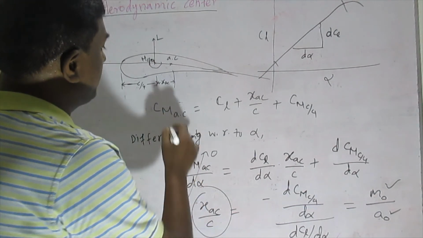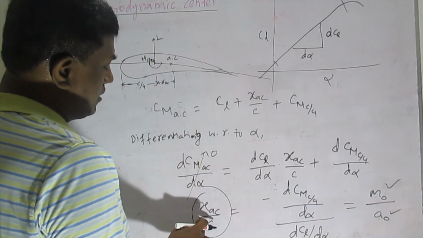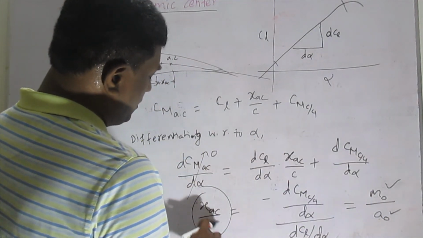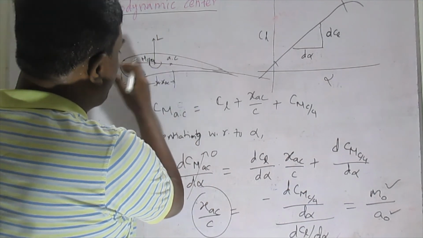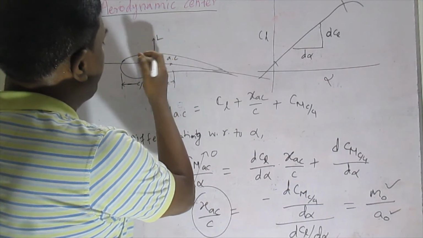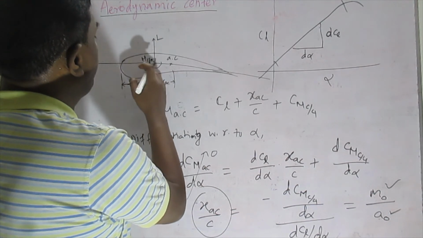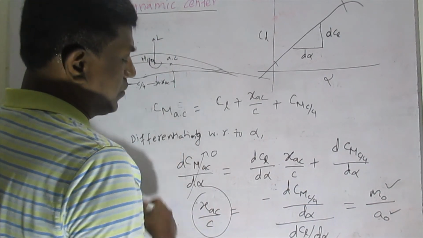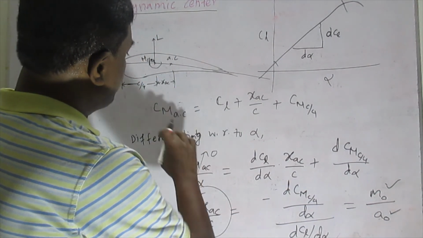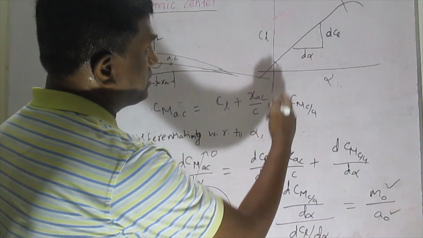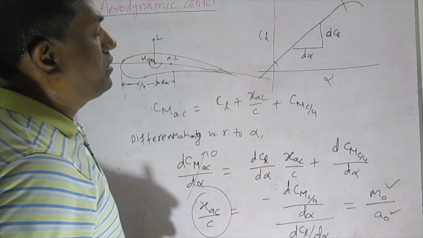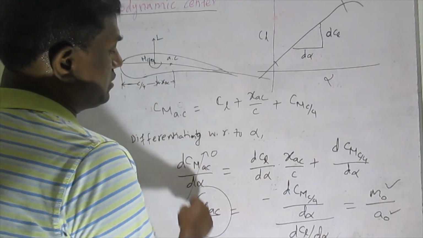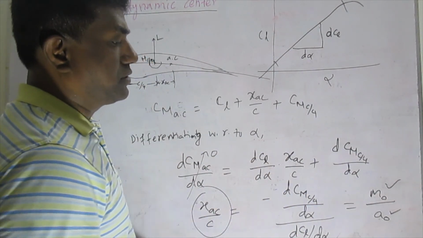This quantity may be anywhere, based on the calculation. It may be closer to the quarter chord point, or behind the quarter chord point, or forward of the quarter chord point. That we need to find out. When we do the calculation for any particular aerofoil, then we can find out what the aerodynamic center is, and how it is fixed with respect to these quantities. We will see the